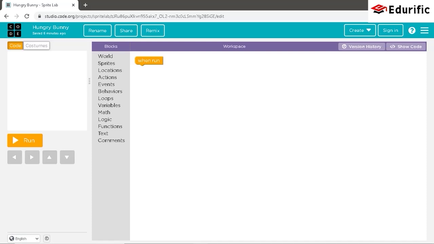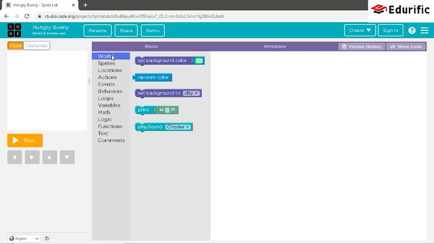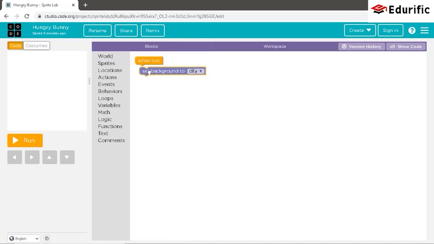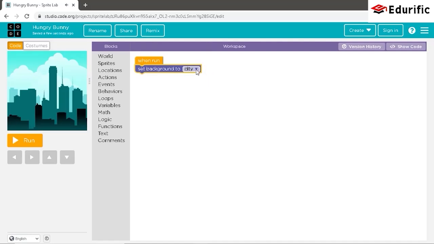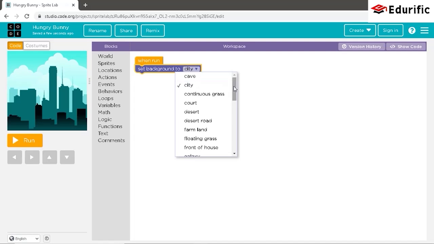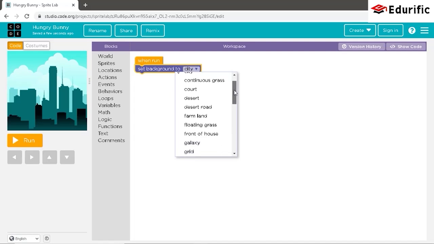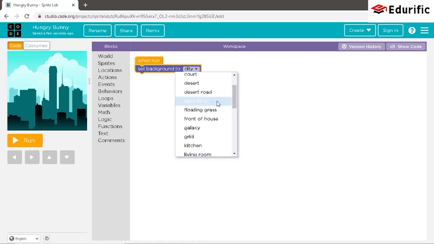So we shall start our project by creating a background. We go to the world category, drag the set background command and assemble it under when run, and we will change the background to something where a bunny lives, for example a farmland.